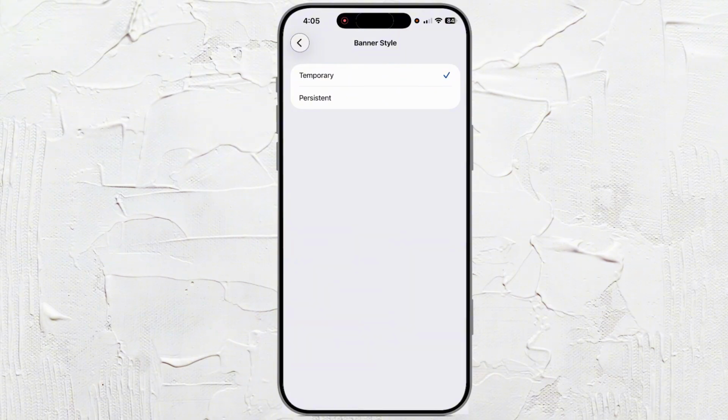As you see, I have it on temporary, so they can fade away. They will go away. But if you want to have it on there all the time until you interact with it, you can go ahead and hit persistent. That way, it will not go away until you physically open up the message or do something with it. And that's it. It's real easy to activate the